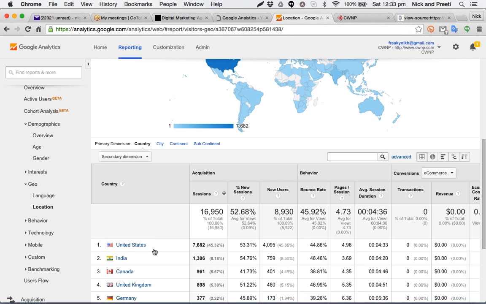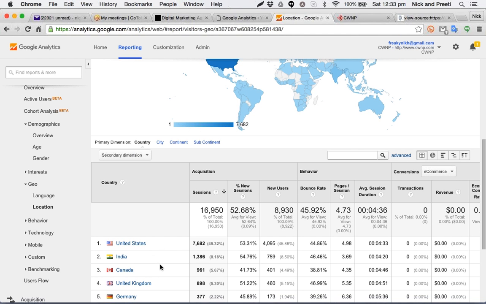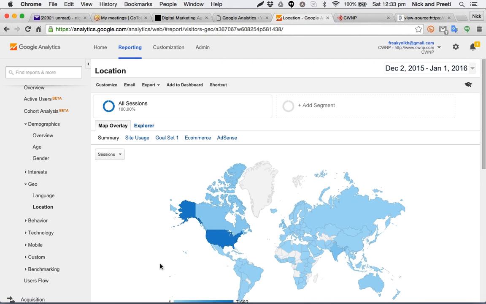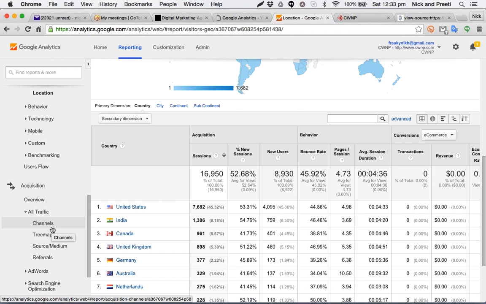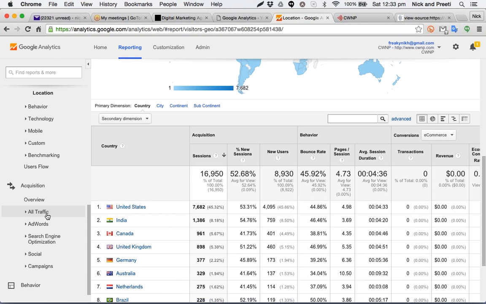All right. So the major traffic is coming from the United States, then India being second, and Canada being third in terms of the traffic received in the last 30 days. As you can see, that's the kind of traffic which has been achieved. And all in all, what an SEO professional should do to check his or her performance is click onto acquisition, and underneath acquisition you have